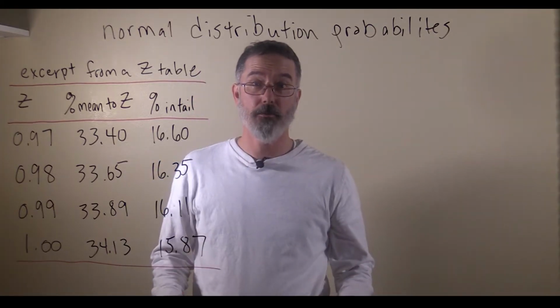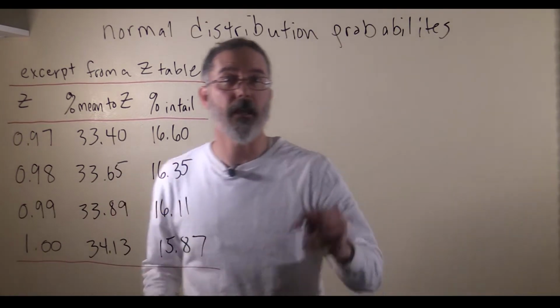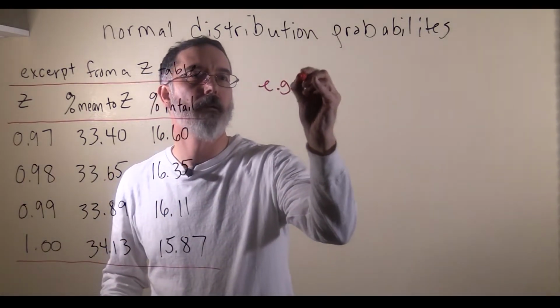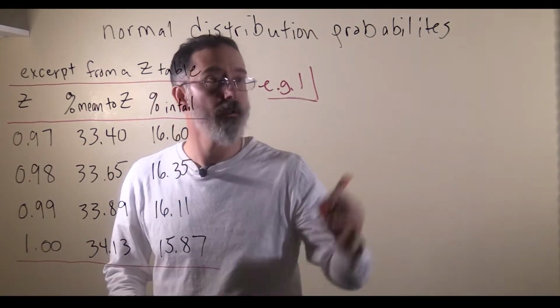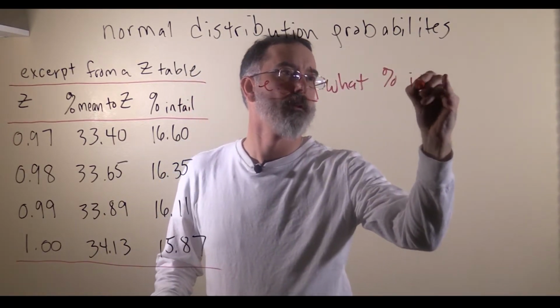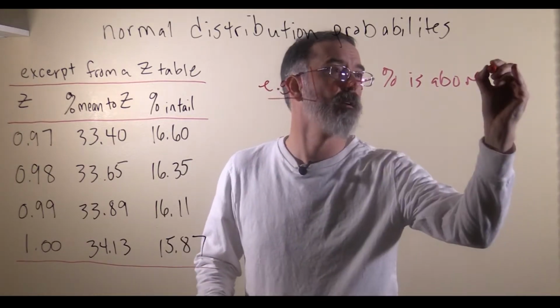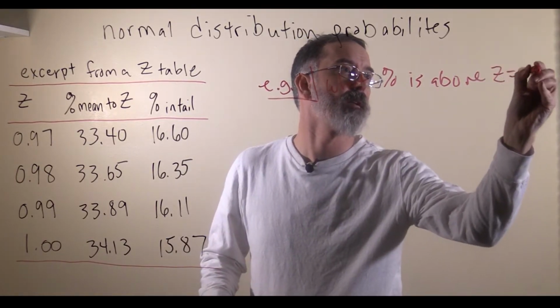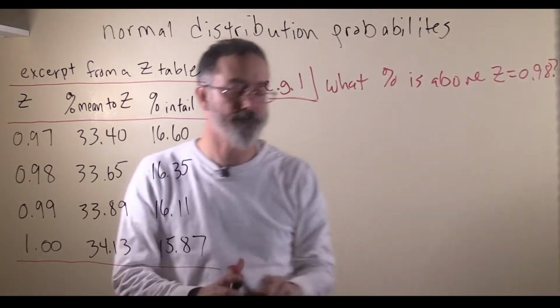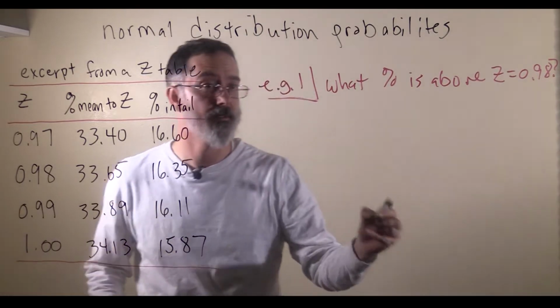All right, so let's work through some problems to illustrate how to use this table. So here's our example problem number 1. What percent of a normal distribution is above z equals 0.98? All right, so my advice always when solving these kinds of problems is to first